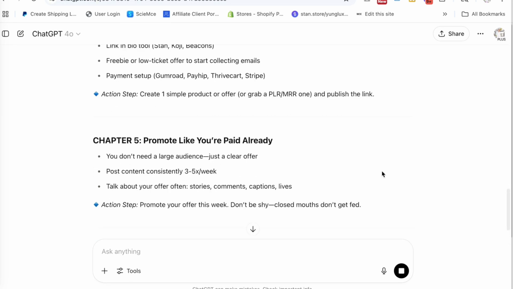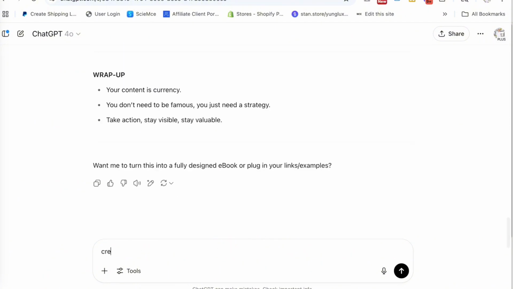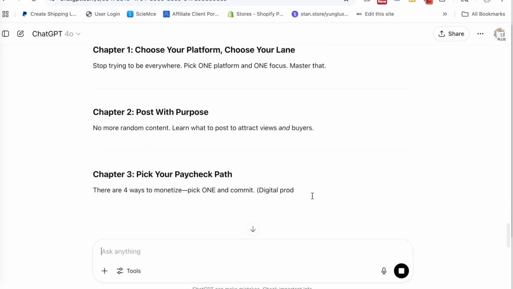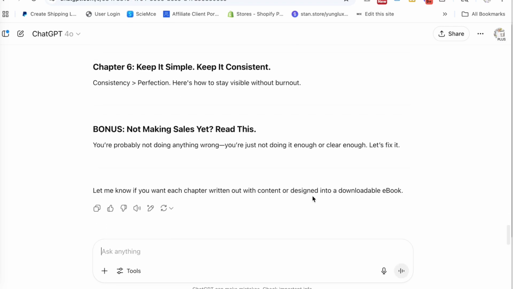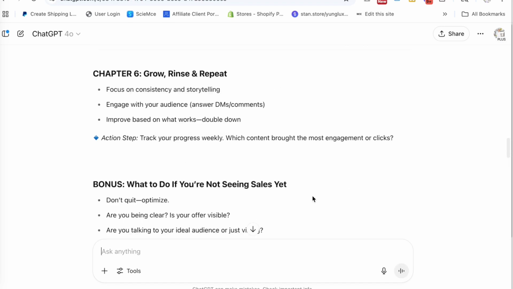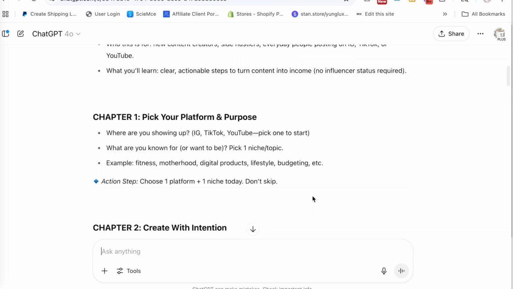And not only that, you can even ask ChatGPT to create the chapters, create the subtopics, come up with a step-by-step framework, have call to actions. You can even ask them for example scripts or templates. So you want to talk to ChatGPT as if it was your assistant who's going to write the book. So maybe you want to help people with content, right? You can literally go into ChatGPT and say, hey, act as a top content coach and break this into 5 chapters with examples and summaries, okay?